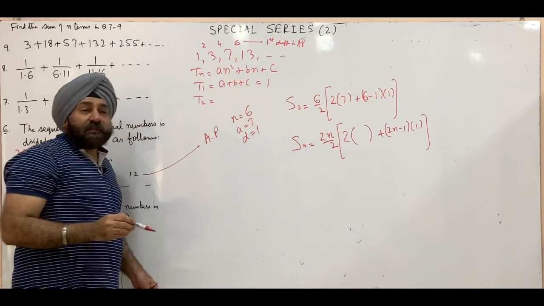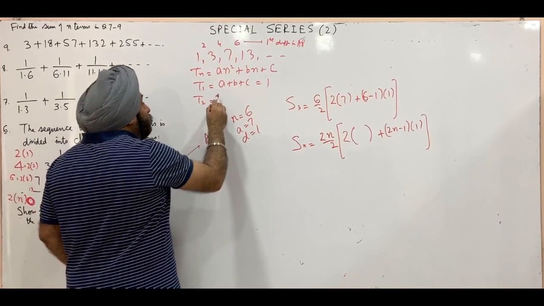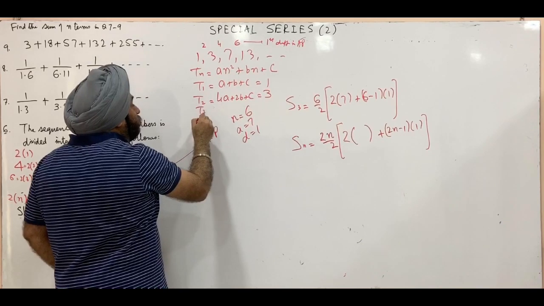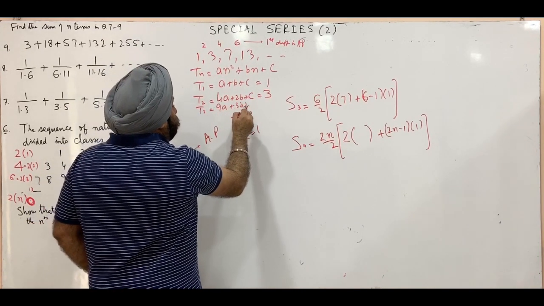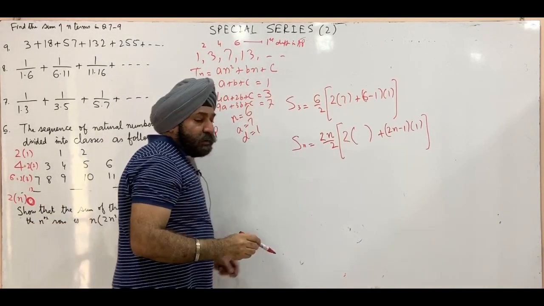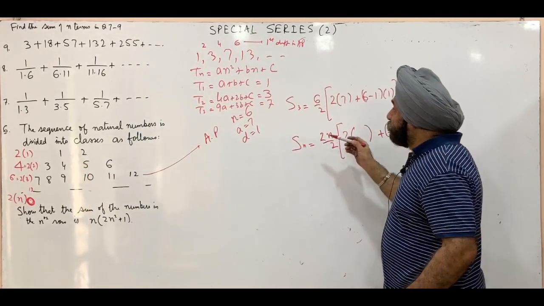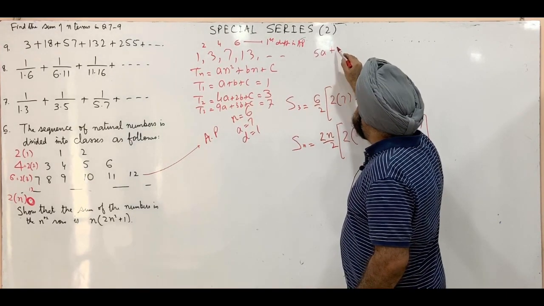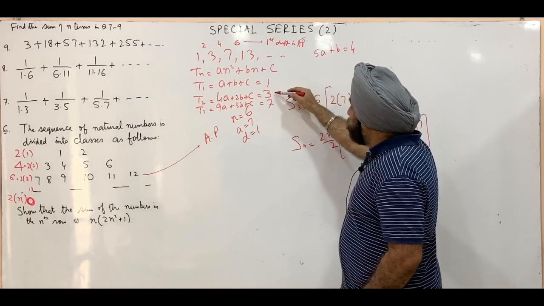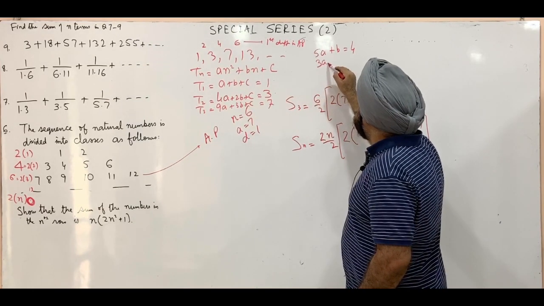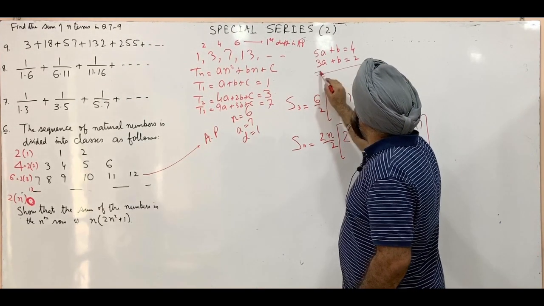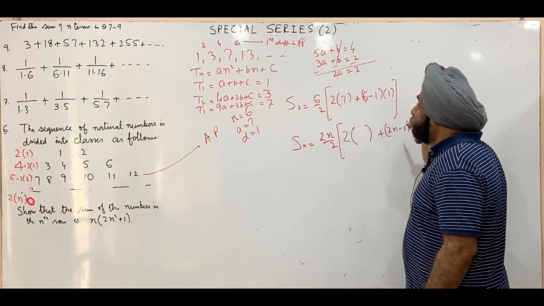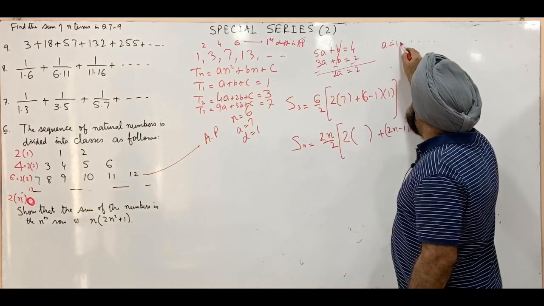Second term, for the second term we put n equal to 2. This is 4a + 2b + c, that's 3. Third term, 9a + 3b + c, this is 7. Again 3 equations in a, b and c. We subtract: this minus this is 5a + b, this is 4, and this minus this, that's 3a + b is 2. We subtract, b will cancel out, it's 2a equal to 2 or a equal to 1.